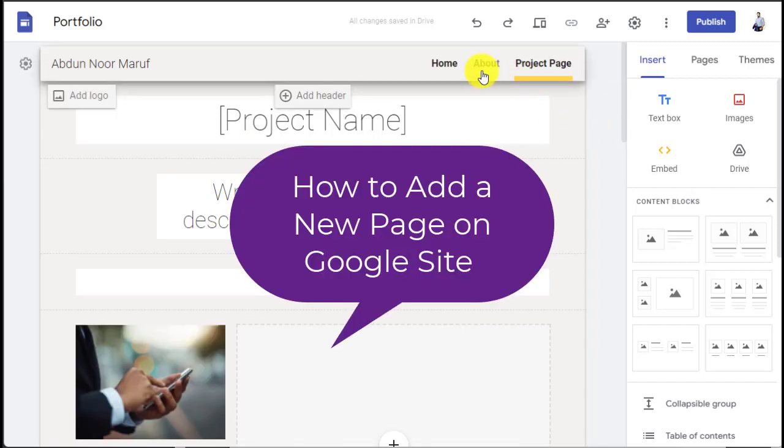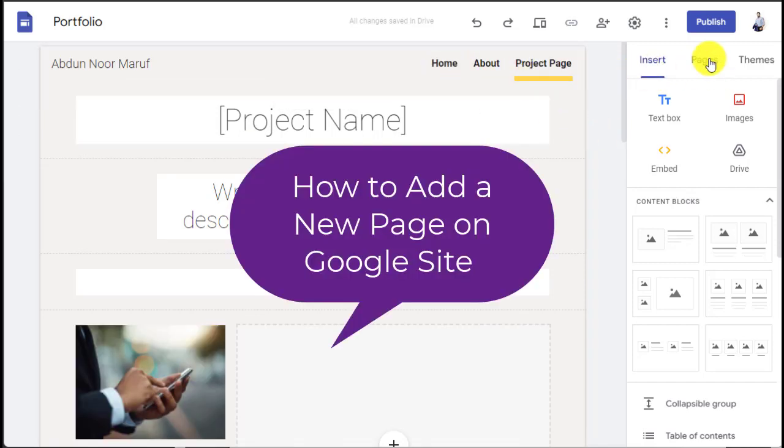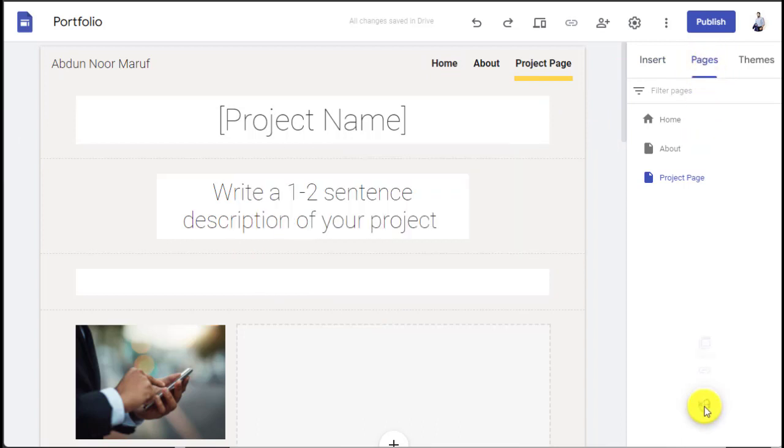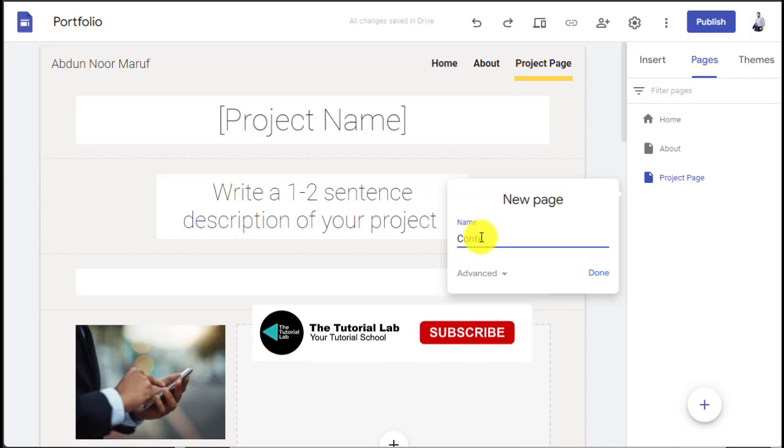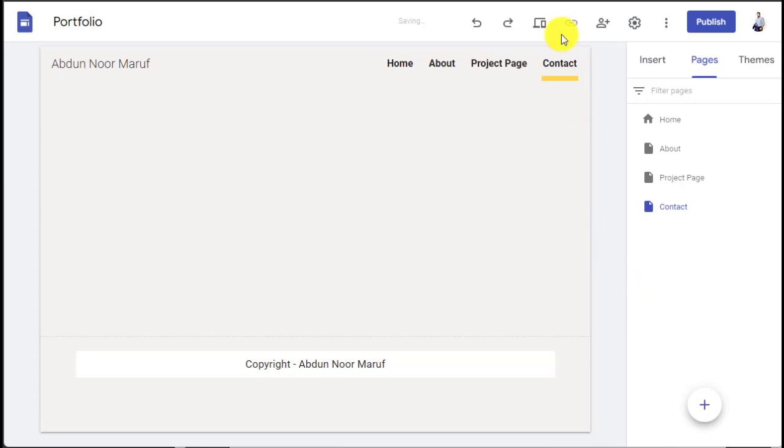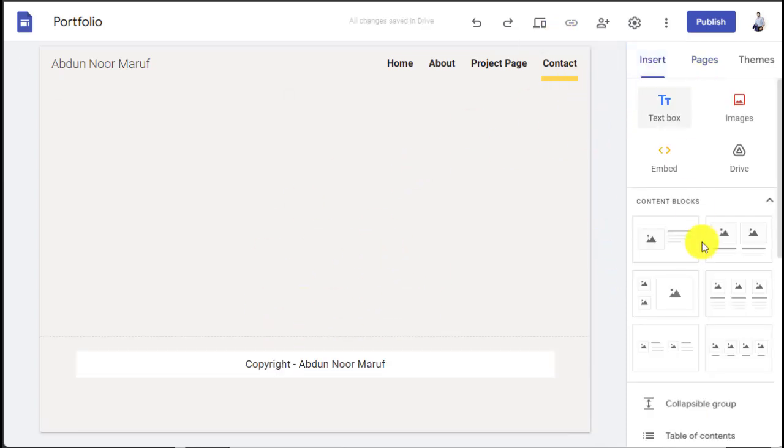If you want to add a page, just click on the page, go to the plus icon. Here you will find new page, new menu section and new link. Click on the new page. Enter the page name. I'm creating a contact page. Here is a page and let me insert